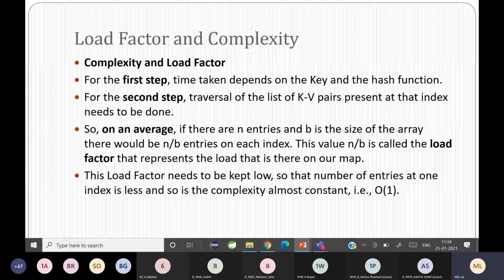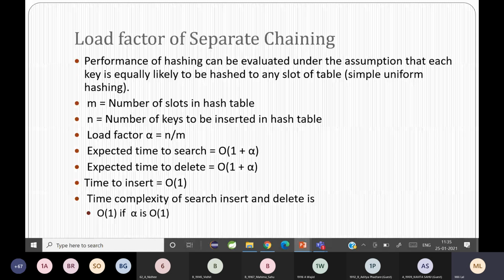So what is the load factor of separate chaining? They have asked many number of times. So please see, M is the number of slots or buckets in the hash table. N is the number of keys to be inserted in the hash table. So load factor is calculated as alpha is equal to N divided by M. Okay, and the time taken to search is big O of 1 plus alpha, and time taken to delete is big O of 1 plus alpha, and time taken to insert is big O of 1. Why? Because every data is placed in the same